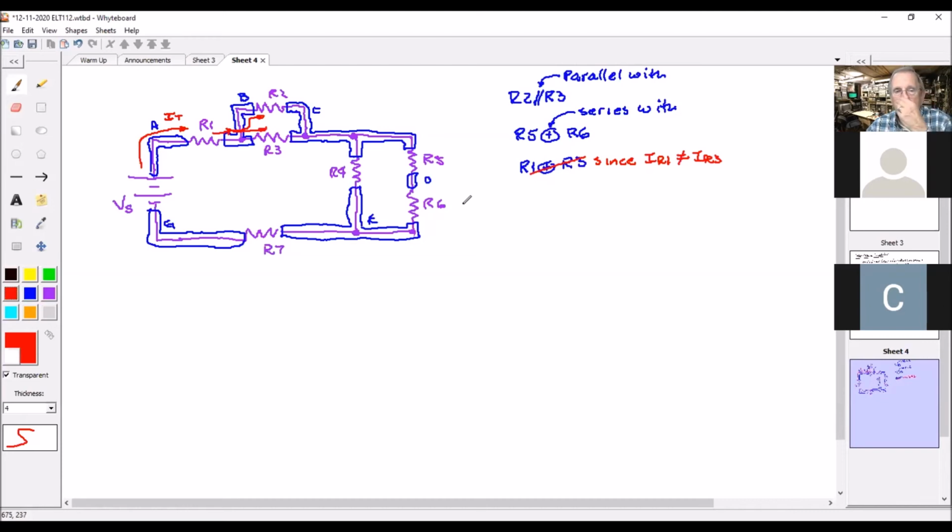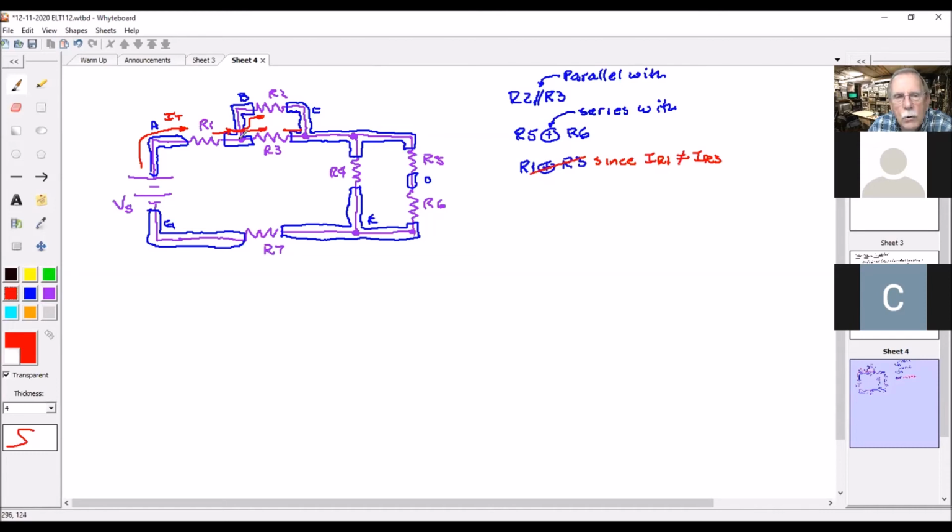Okay? Everybody agree with that? Can you repeat that one more time? Sure. We know that current leaves the battery, goes into R1, comes out of R1, but when